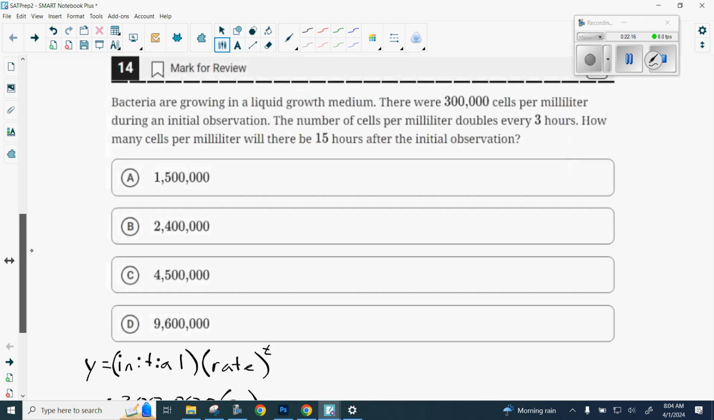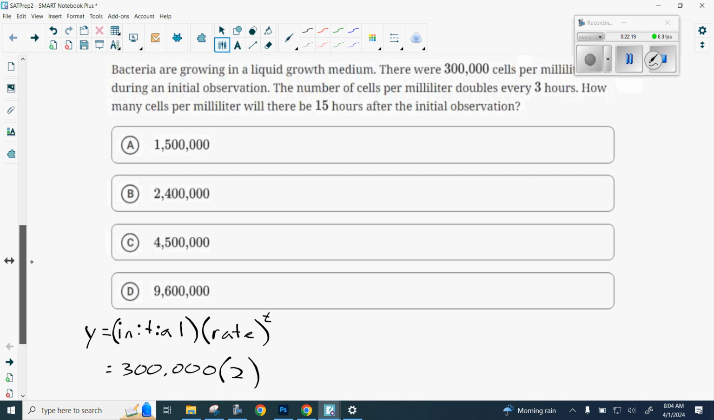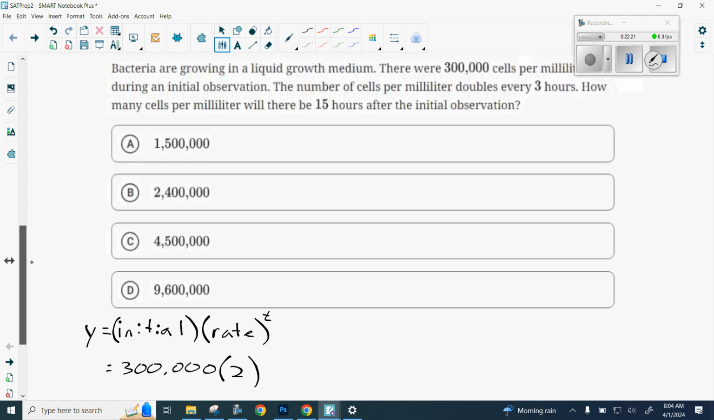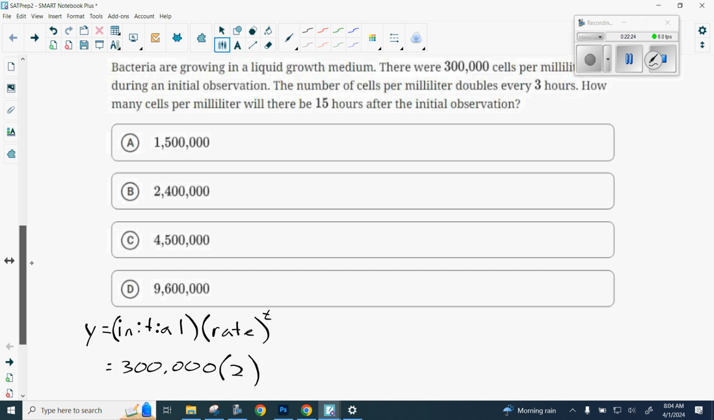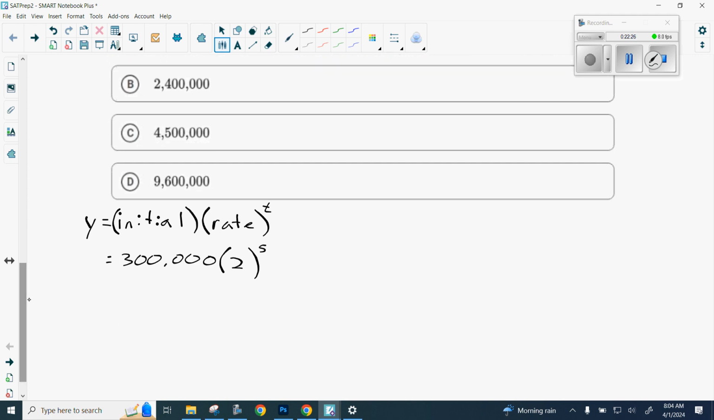So doubles every 3 hours. And 15 hours then is going to be, I'll divide that by 3, right? Because there are three sets in there. So we'll raise that to the next power. Put that in a handy dandy calculator. So we will have 960,000. Not, sorry,